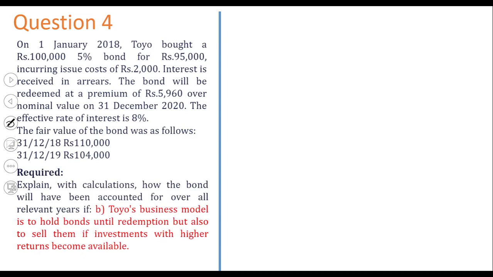Second one, part B. Toyo's business model is to hold the asset until redemption, but also sell if the return is high. What do you mean by that? It is a fair value through OCI financial instrument. You are not keeping it until maturity. If a good rate comes, you want to sell it. Okay, now tell me,